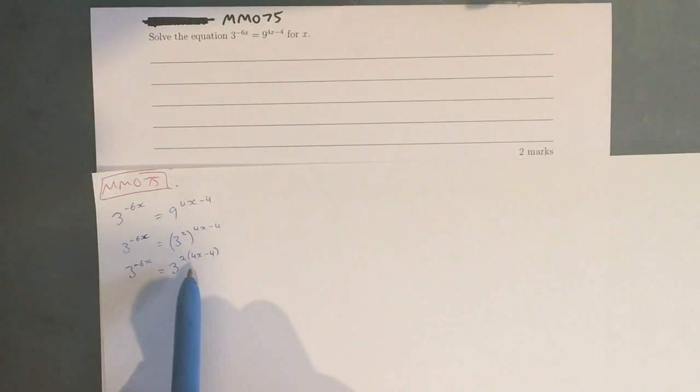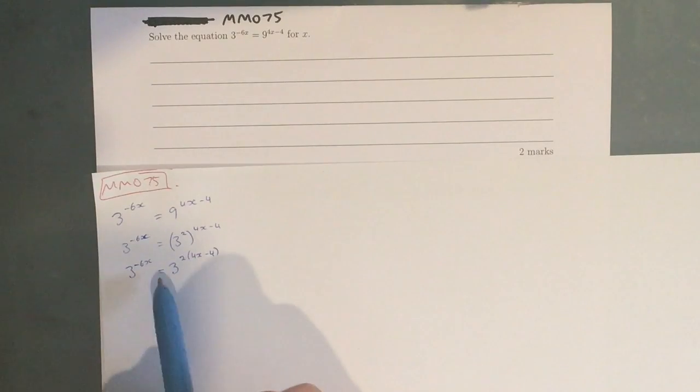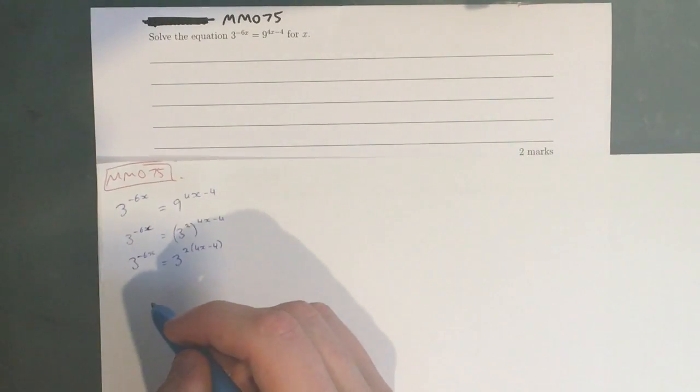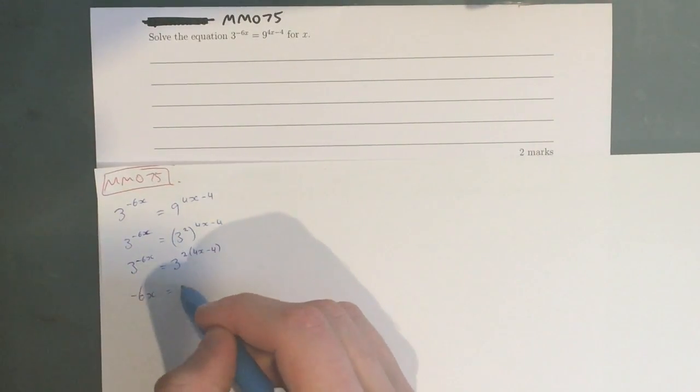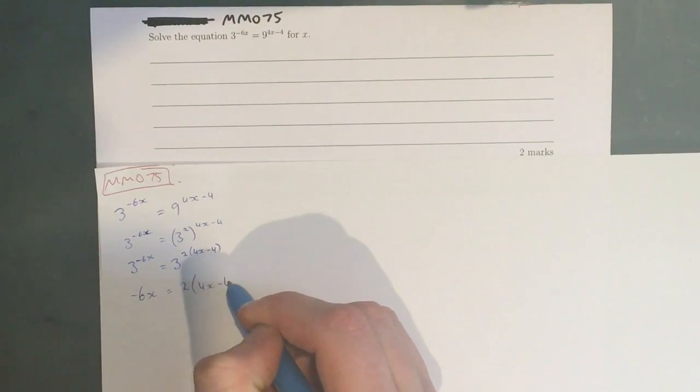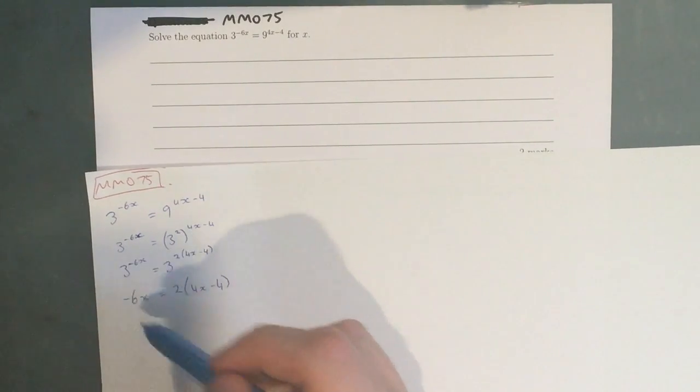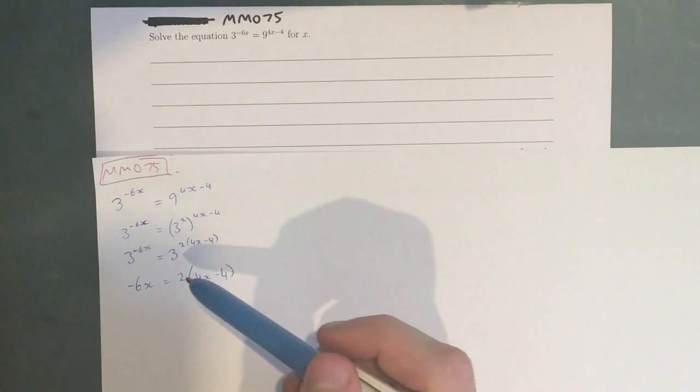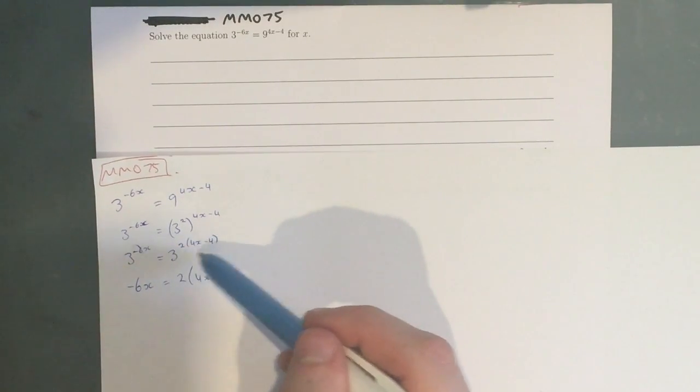Now, because both of these bases are actually the same, we can make these powers equal each other, or they must equal each other. They have to, or else the equal sign wouldn't be in the middle. So that means that negative 6x is equal to 2 times 4x take 4. So effectively I've cancelled the bases, but really what I've done is make the powers equal each other